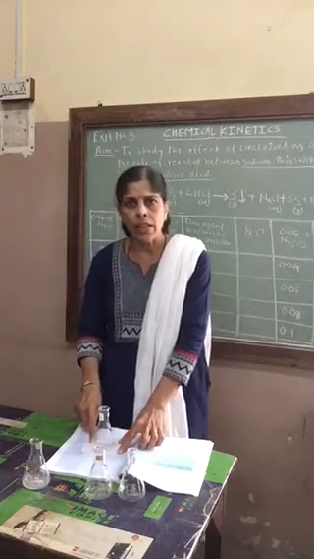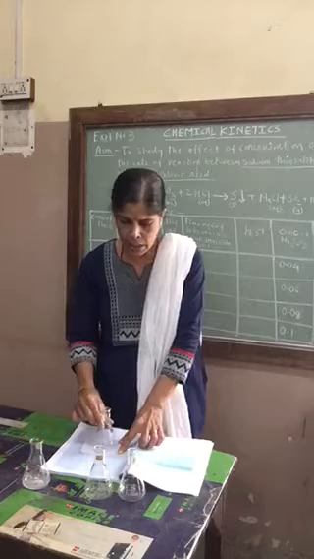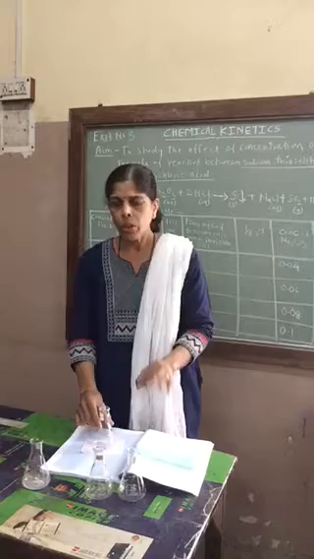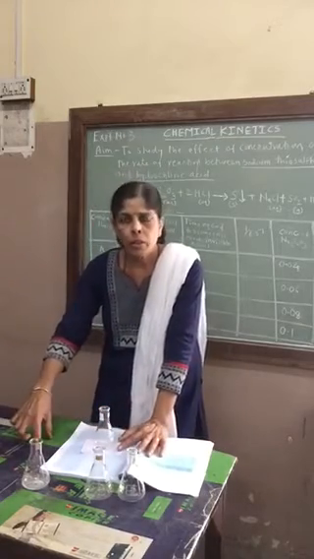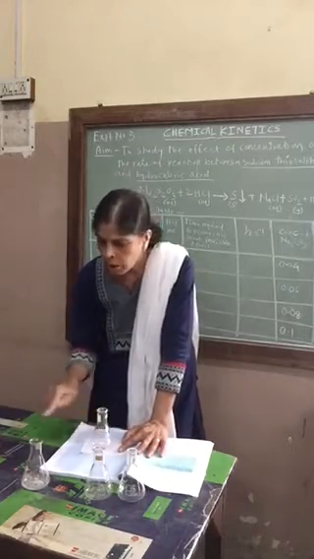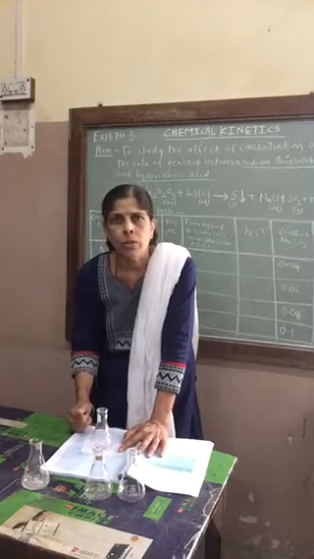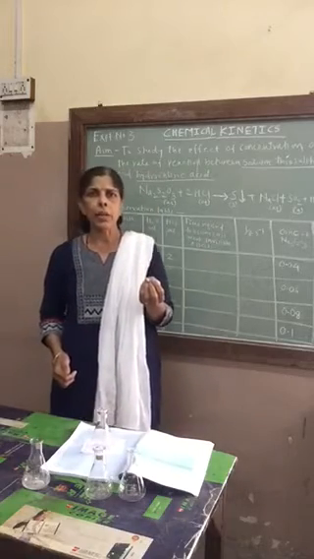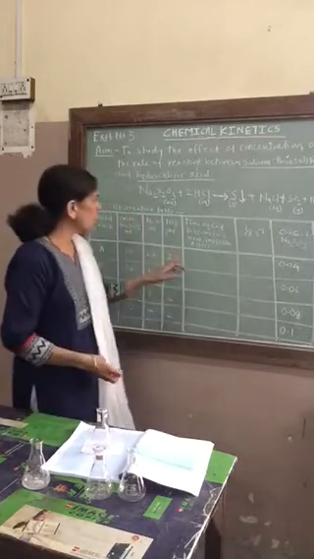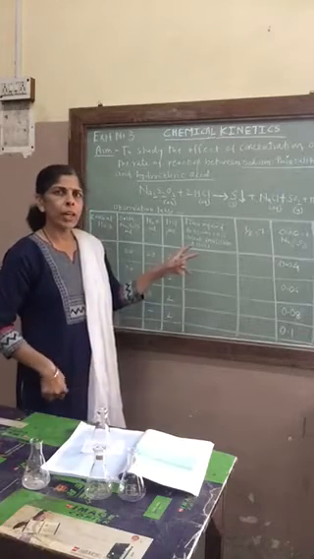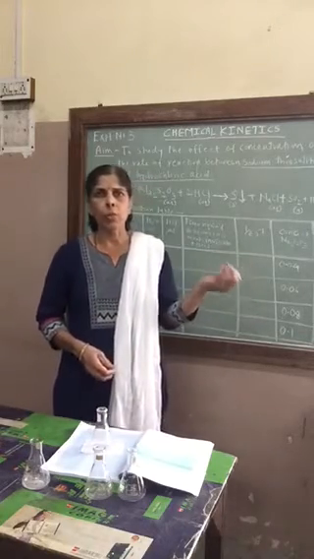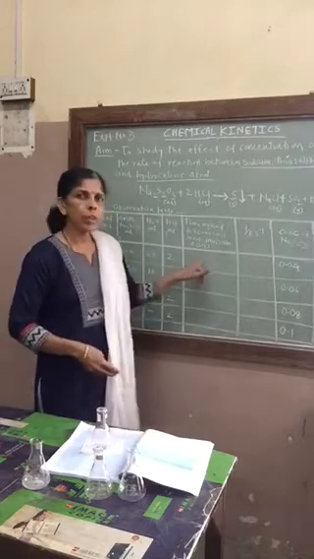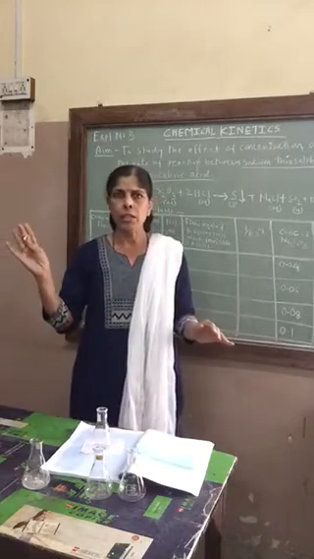When you add HCl and start stirring, you have to start the stopwatch simultaneously. Keep your stopwatch here, start stirring, and keep an eye on the watch also. Record how much time is required for the cross mark to become invisible. You may get times like 4 minutes, or 2 minutes and some seconds. After completing flask A, keep it aside, its work is over.